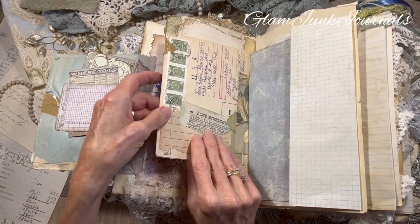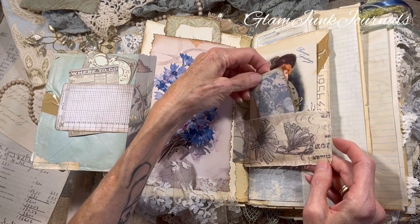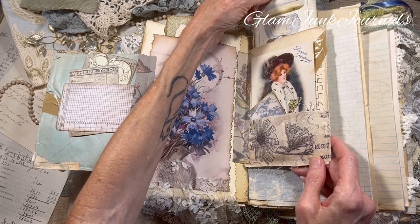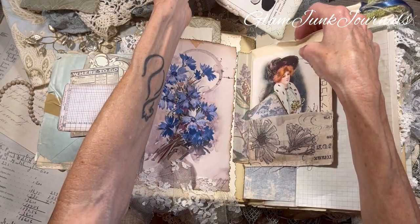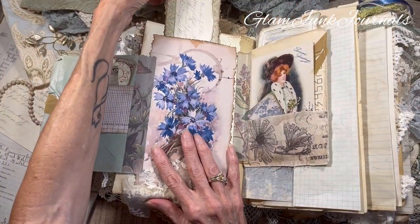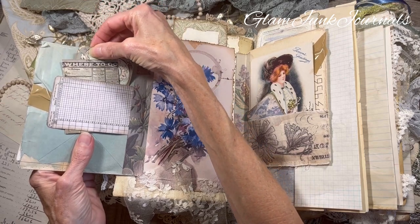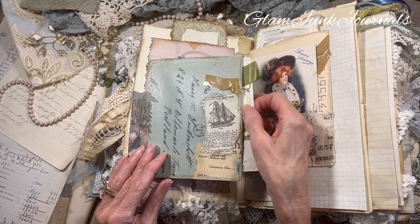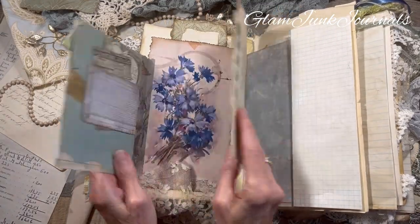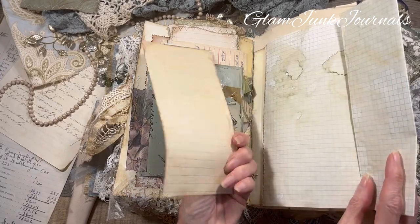On each side of the envelopes, I did a little bit of collaging, and I created a pocket at the bottom here. We've got a tag and a vintage postcard, and then the top of this particular envelope holds a card with some seashells. So those fit right in there, and there's journaling space on the back. Then the center holds a large card in the middle. And on this side there is a little pocket tuck with some additional ephemera. And on this particular side, this envelope has another vintage postcard on the inside. So that all folds up, and you can put one envelope on, and which side goes on top doesn't matter. And here's some graph paper and some writing space,